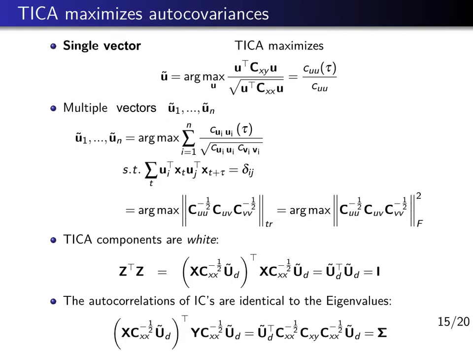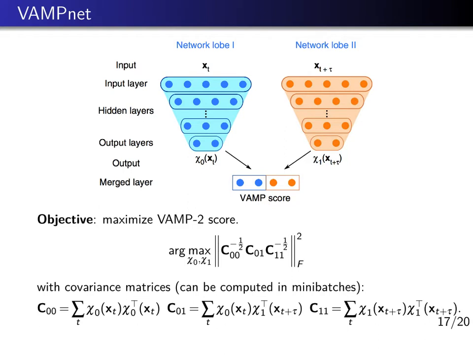So equipped with the equivalence between minimizing the time prediction error and maximizing a variational score, such as either the time autocorrelation or this time cross-correlation that we maximize in TCCA,